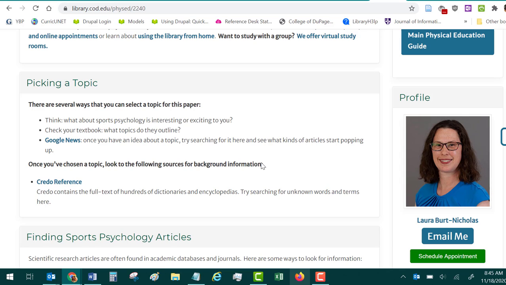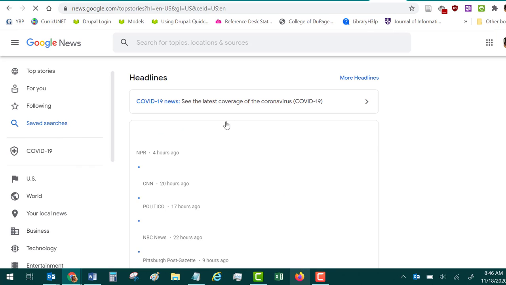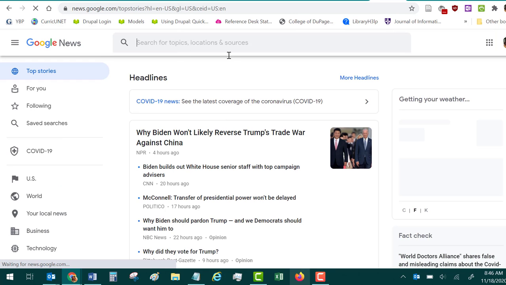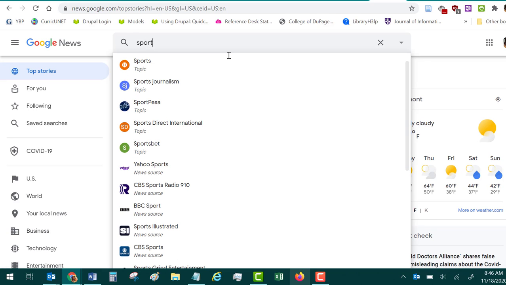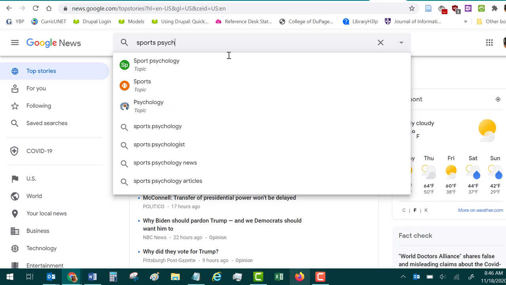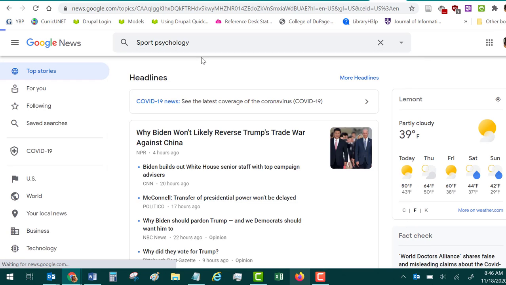As you think about what kind of scholarly paper you want to be reading, one of the ways to think of topics is to look at your textbook and see what topics they have. Are there interesting things that your textbook has mentioned that you might follow up on a little bit? Another place that you can look is actually Google News. And this is one of the places I recommend students go not to find their articles, because these articles won't count, they're newspaper articles. But if you wanted to look at sports psychology,